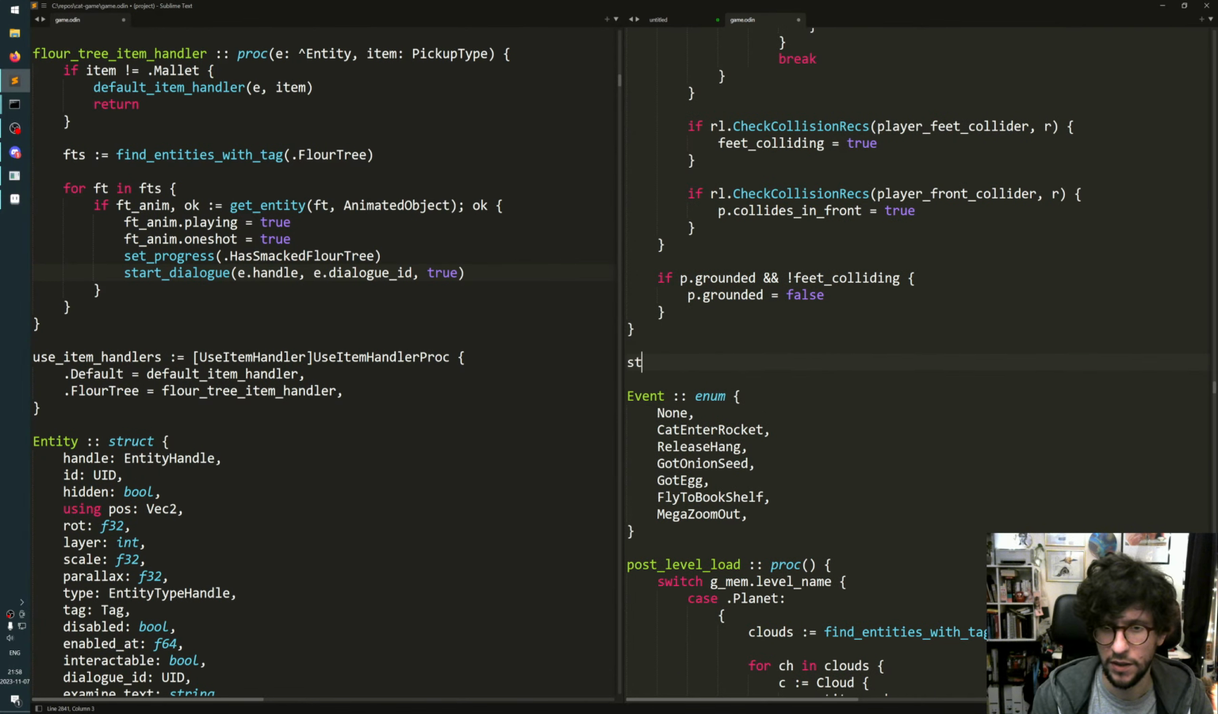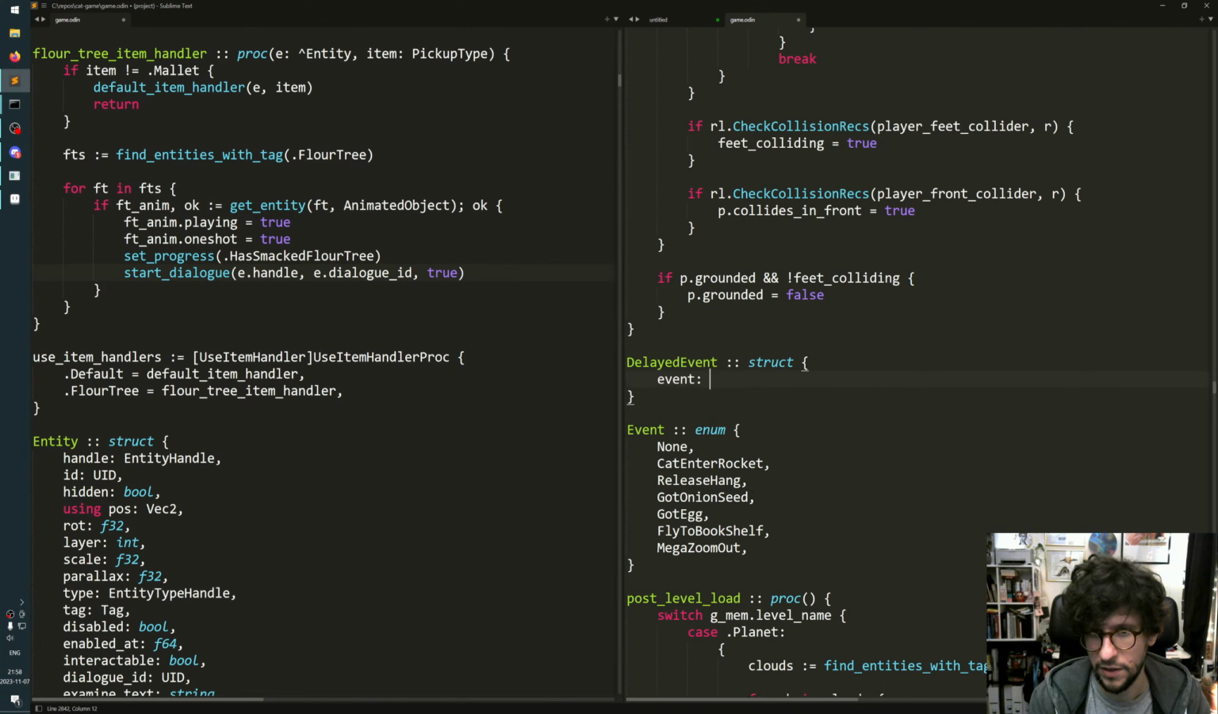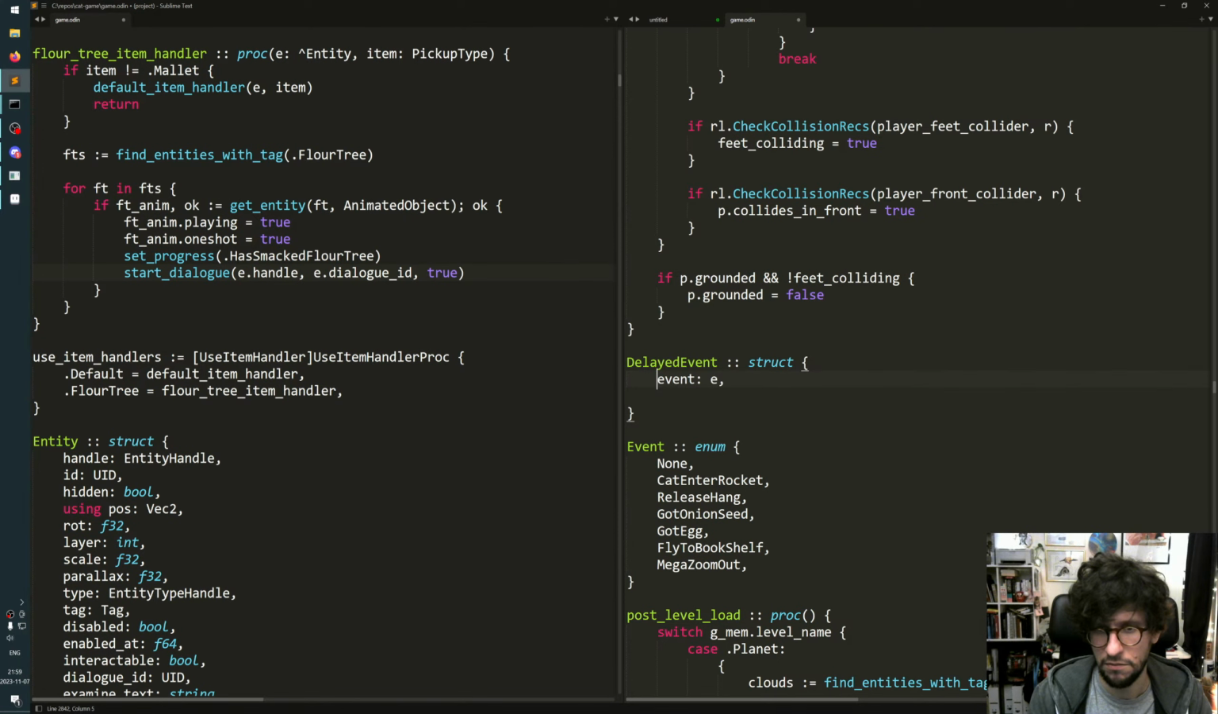So I can do like a delayed event struct. It has an event, and then it has what's that even? And then it has a delay, right? And then I can make an event that